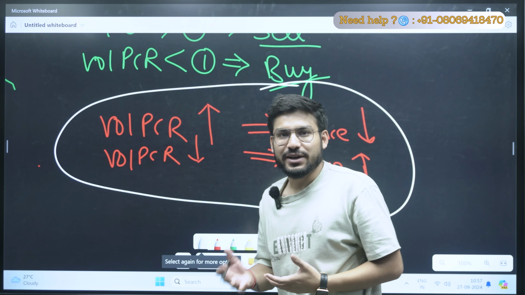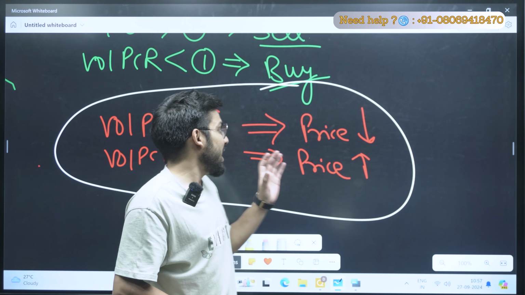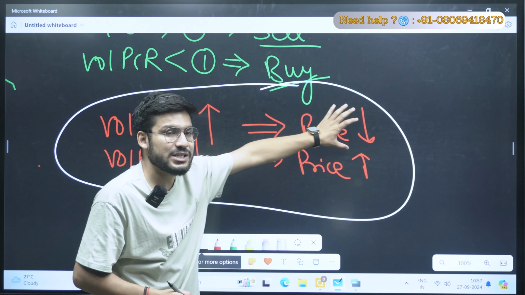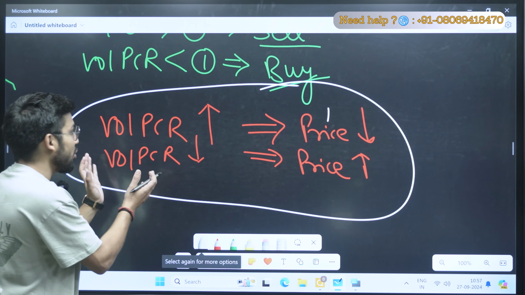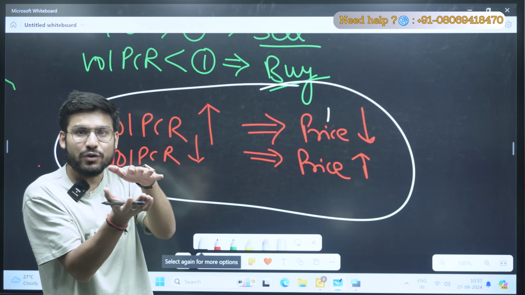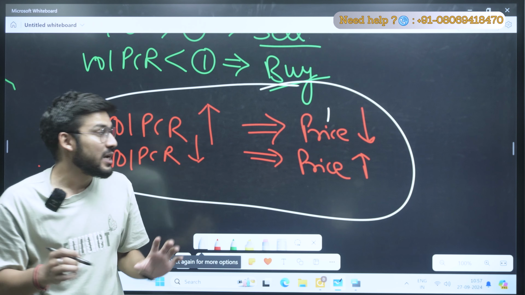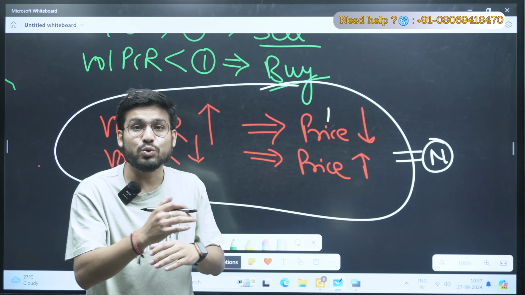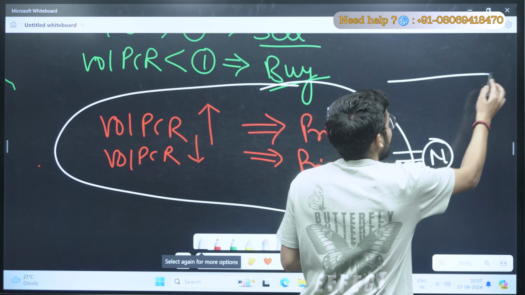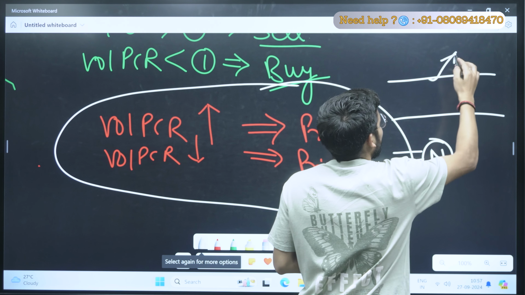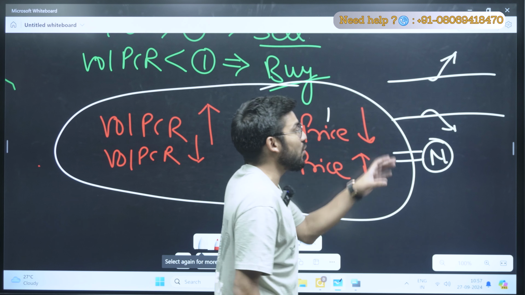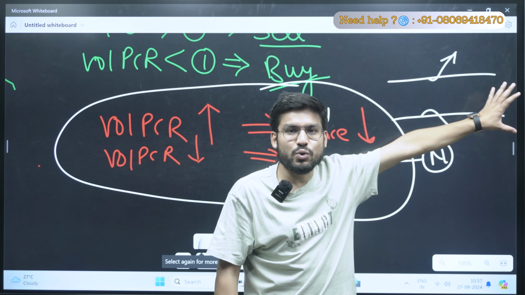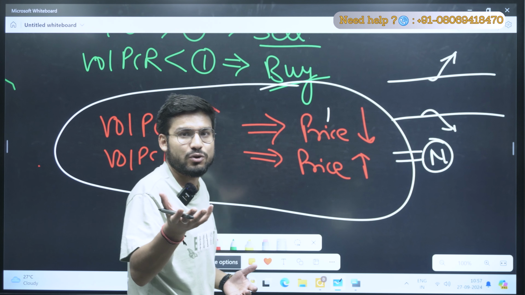ठीक है, अगर आप एक्सपायरी के दिन ट्रेड कर रहे हो, and if your volume PCR is increasing, then what you can analyze at that time is the price will be decreasing. Right? And if your volume PCR is stagnant at a place, if it is not moving or it is equal to 1, then at that time the market will be in a neutral state, so that is the time when you can do the selling. आप short की तरफ जा सकते हो, आप एक call को बेच सकते हो, एक put को बेच सकते हो, and you can make a straddle for yourself. आप वहां पे एक zone trading कर सकते हो, that will give you a benefit as a seller also. Right?